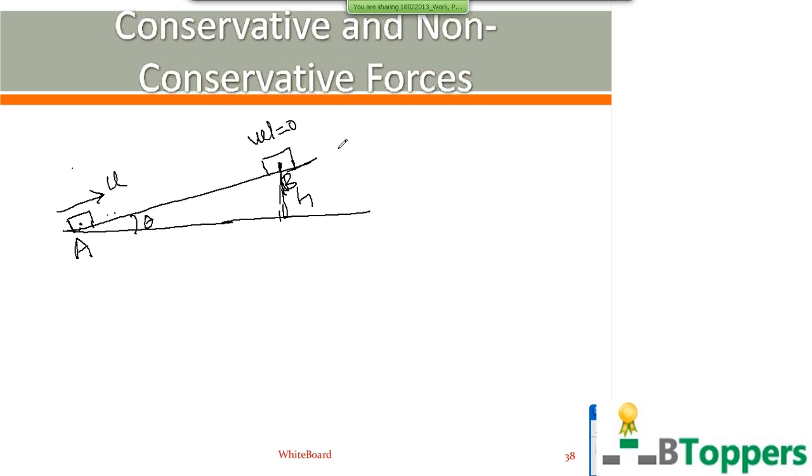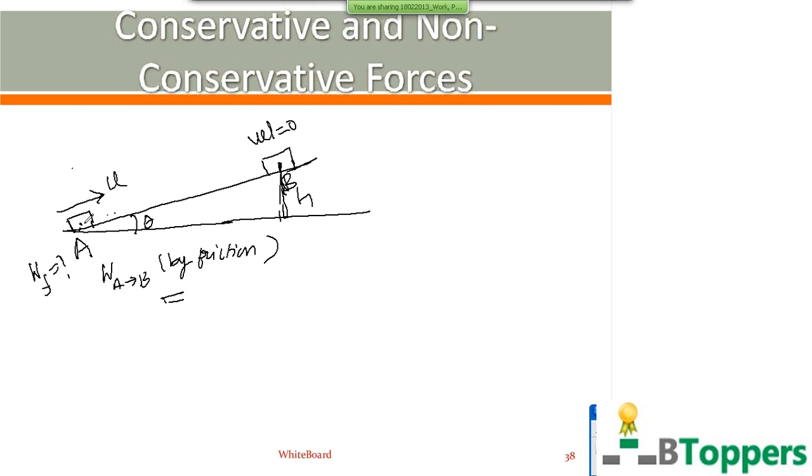Then the body is sliding up along the inclined surface. The force of kinetic friction on the block by the inclined surface acts down the inclined plane. So I am going to discuss the calculation of work done by the frictional force on the block for the round trip. So work done by friction force on the block when it moves from A to B